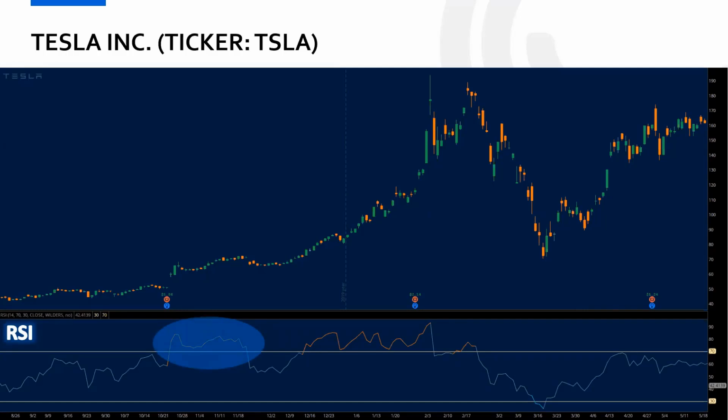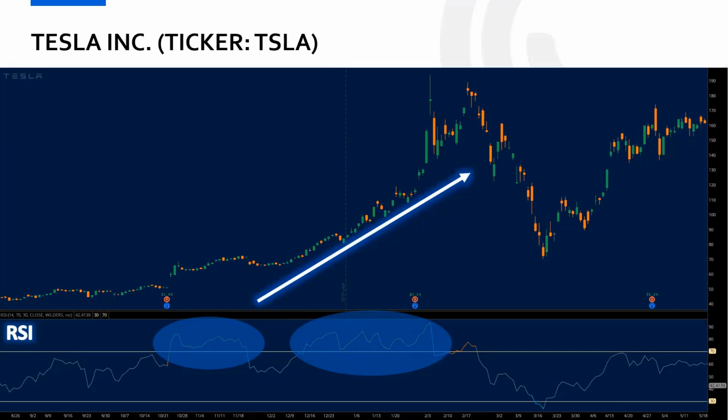So based on the traditional interpretation of the RSI, it's telling us Tesla is overbought. This is not necessarily a great time to be entering shares of the stock or buying the stock, right? But what happens shortly after, as the RSI continues to print readings above the overbought level of 70, is the stock takes off. So unfortunately, the RSI gave us misleading information, told us that Tesla was in overbought territory, even